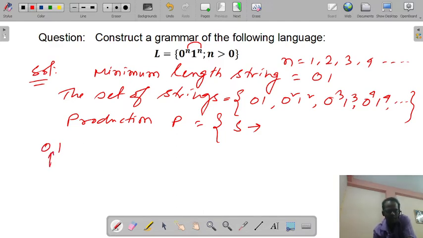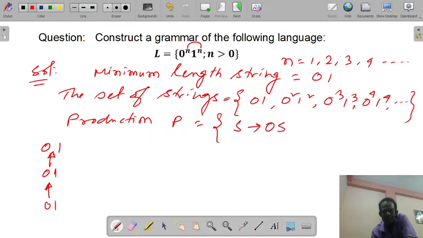You need to insert 0 1 to get 0 square 1 square. Again you need to insert 0 1, then we'll get 0 cube 1 cube. So there will be a position in between 0 and 1, and recursively it needs to be substituted by 0 1. So that's why the production we can write is S implies 0 S 1.